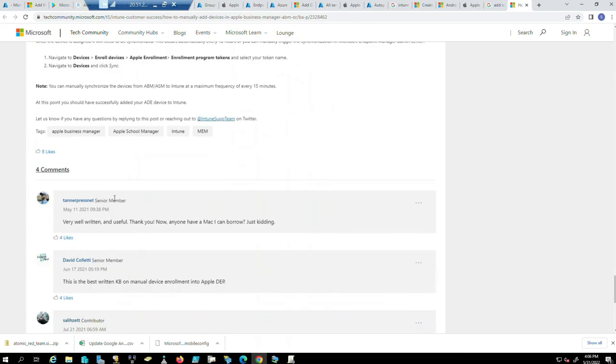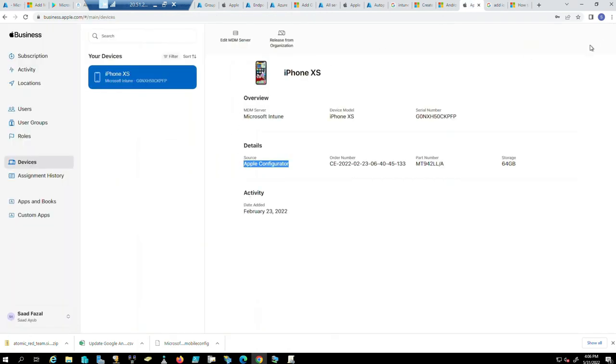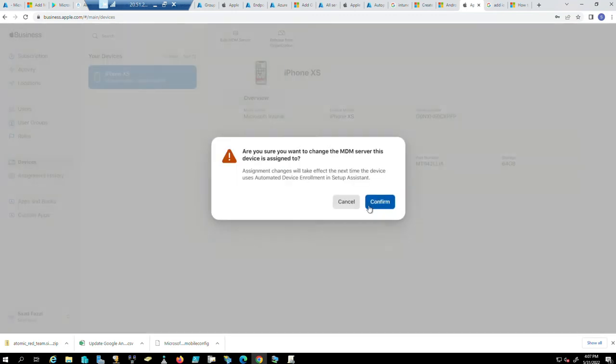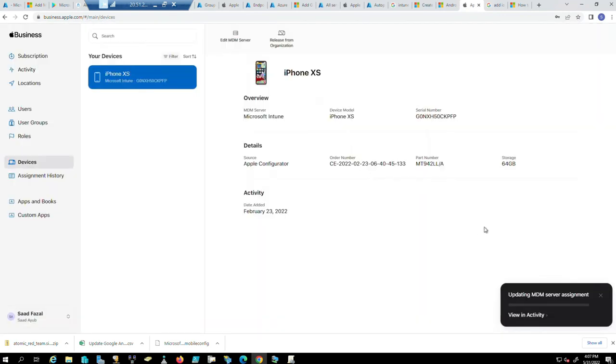And how do you do that? Go back to the Intune portal here. We already discussed the Apple Configurator here. So enrollment program tokens, and you create a new token. You click on add, I agree, download your public key. When you download this public key, it's going to download. Then you upload this public key